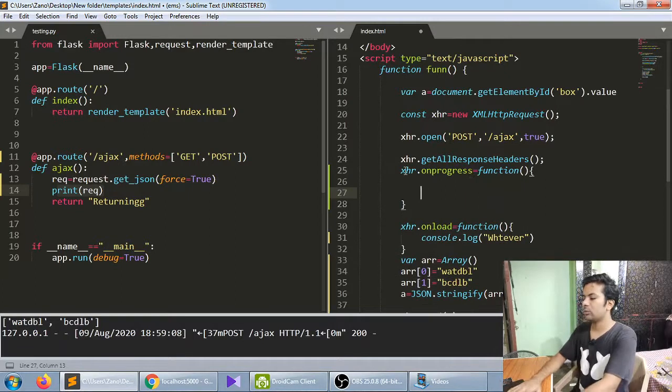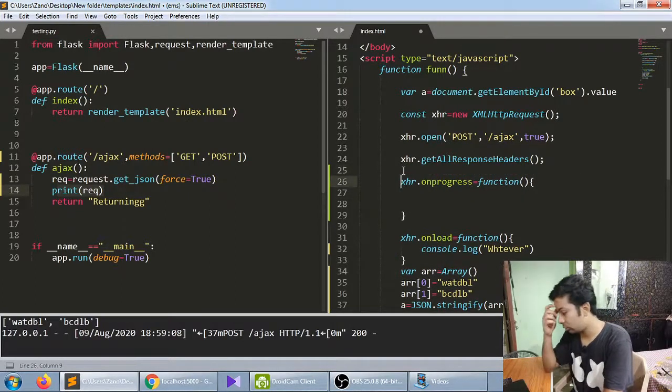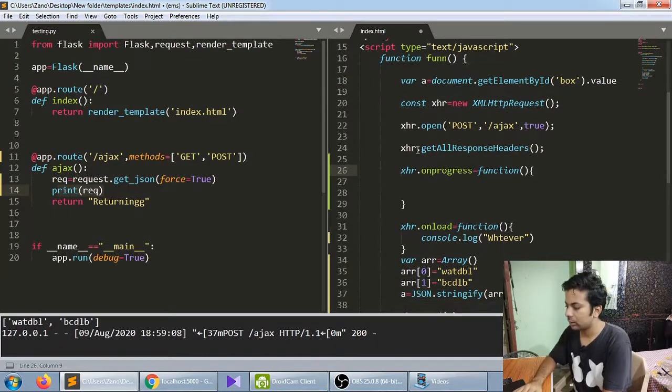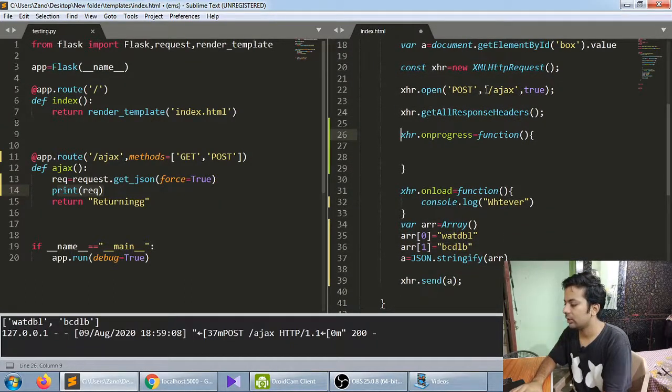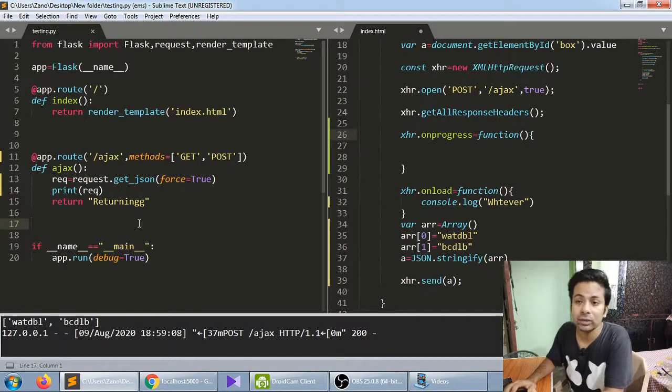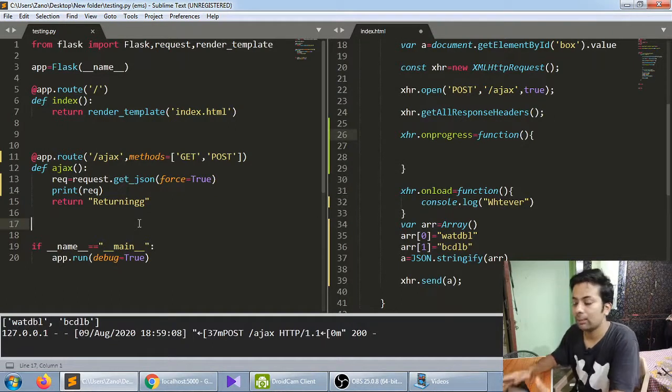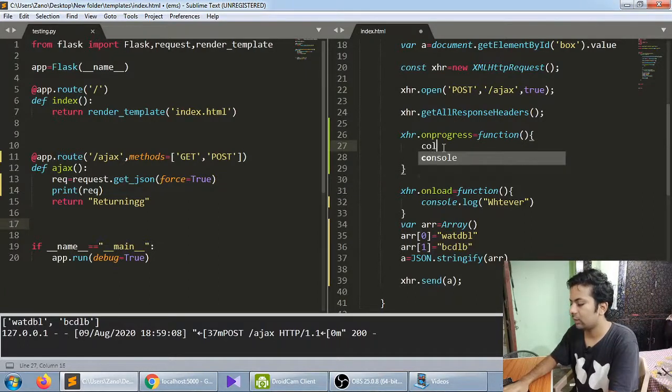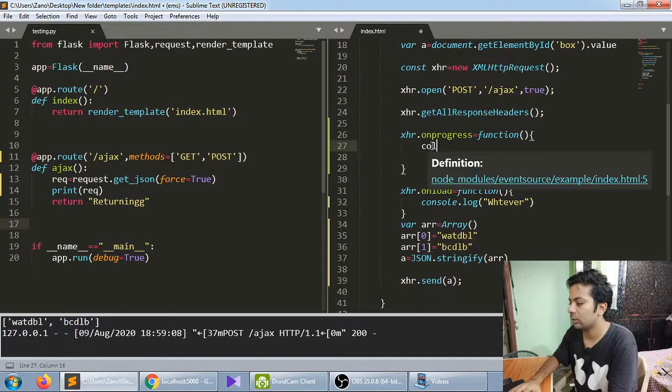So this is on progress, it's used when, suppose you are sending a request, you have sent a POST request here, and on the Python side there is a lot of coding done, or it's taking about 1 to 2 minutes, so it's completely blank on the user side. The user just doesn't know what's happening, why it's taking so much time, or suppose he's uploading a photo or something. So in the meantime we can just do console.log or whatever here in the on progress function.